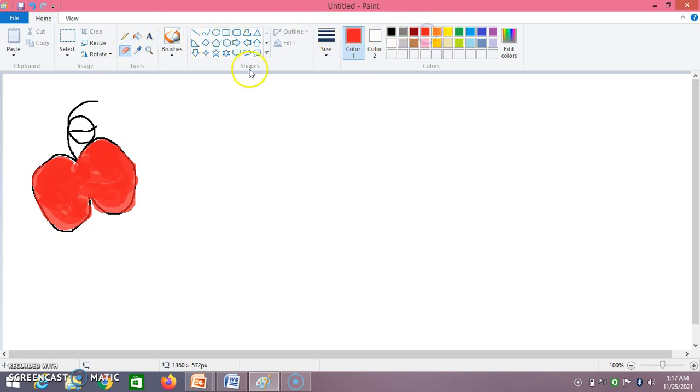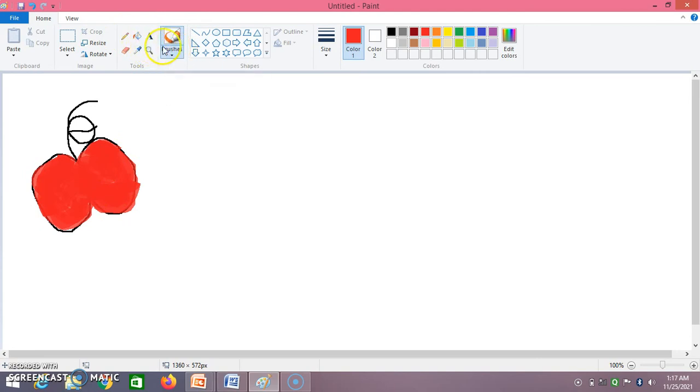Again go to red, click on the brush, select the brush, and if you want to fill here, that also you can do. This is how you can make use of the brushes tool.